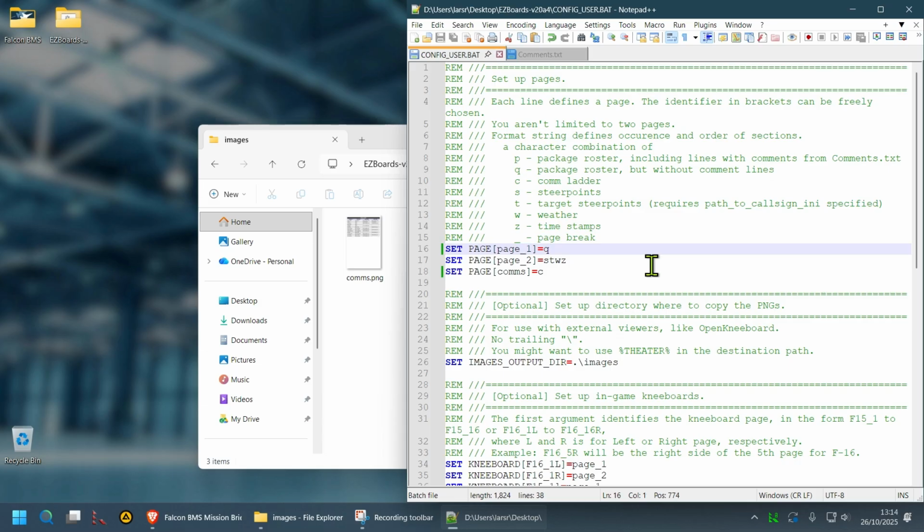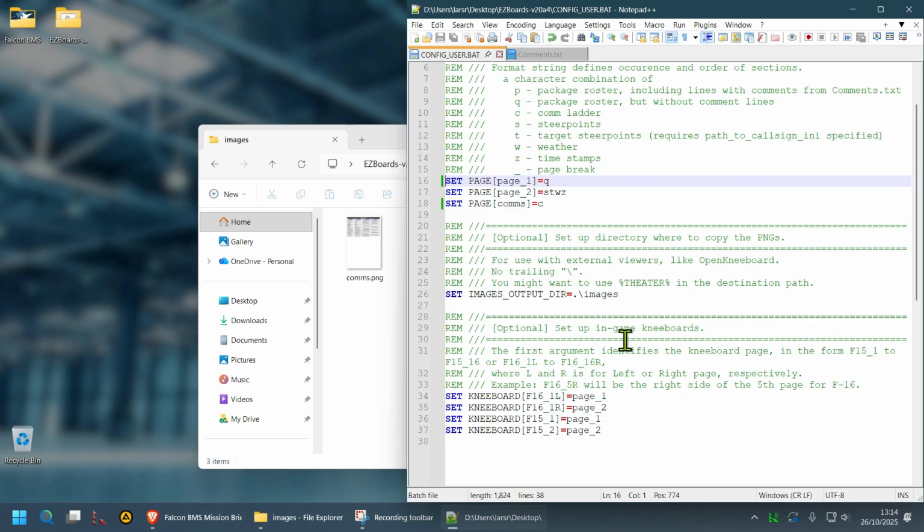There's practically no limitation on how many different pages you can make here and how you call them. So that's for this part. I think it's quite clear. And now let's go to the second part of configuration, which is the in-game kneeboards,